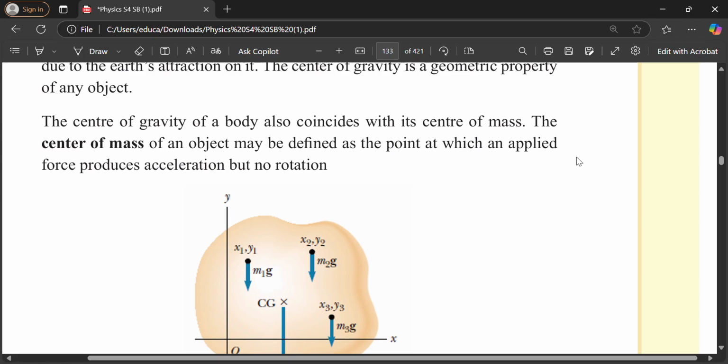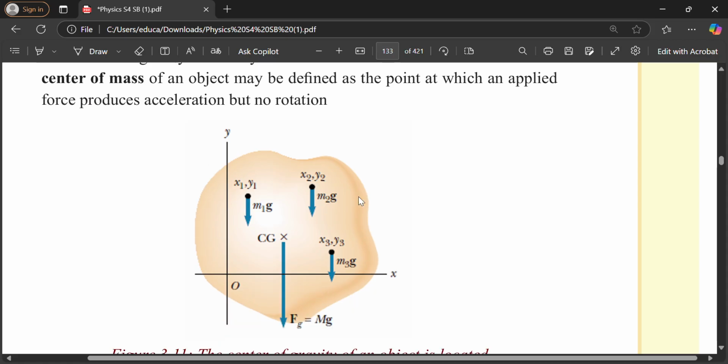Hanyuma center of mass yo ni sometimes center of gravity ni nayo ijya iba center of mass, kwa ko n'ubundi turabizi yuko the weight on a body n'ubundi dependinga na mass y'iyo body. So rero center of mass n'ubundi ni point where